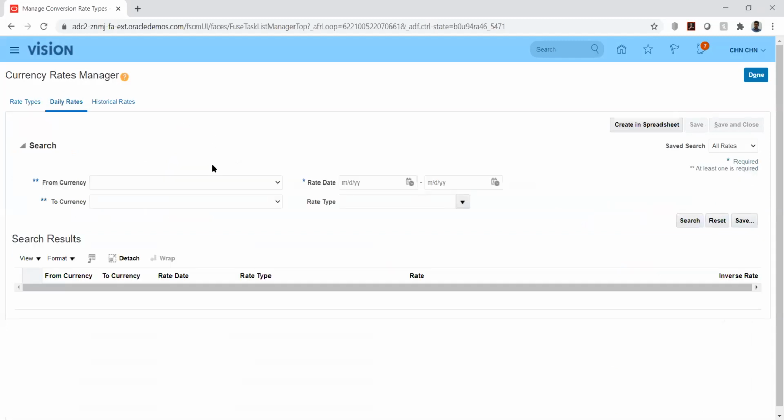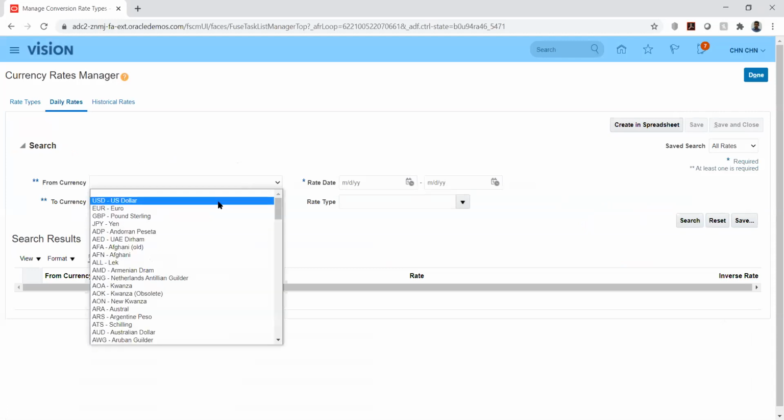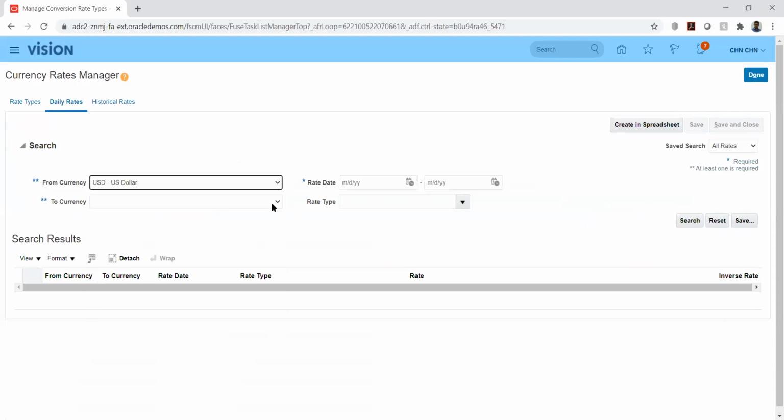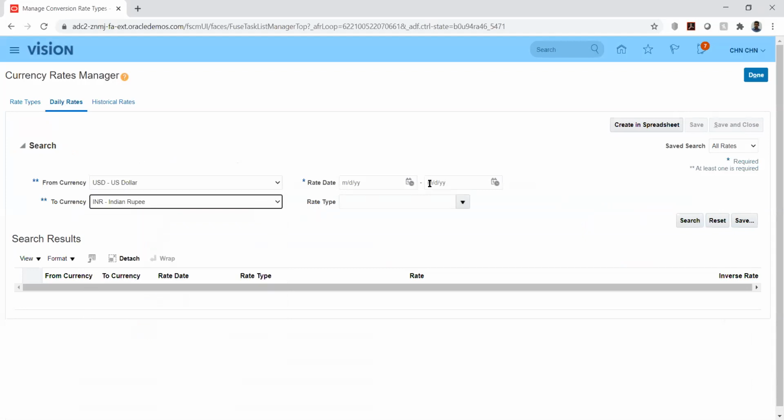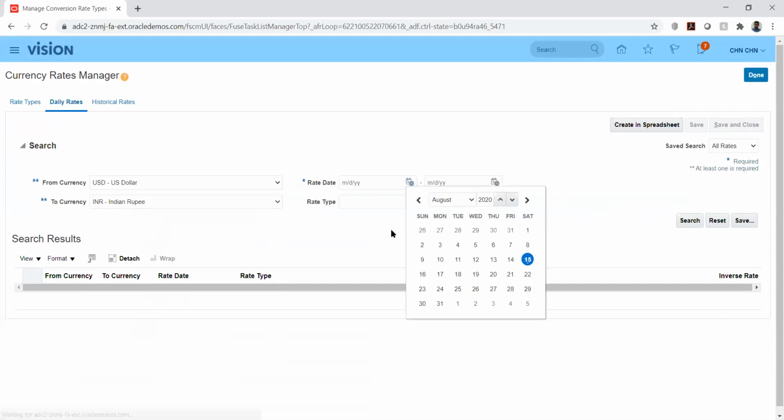Okay. So maybe we can select INR. And we can select a particular period.